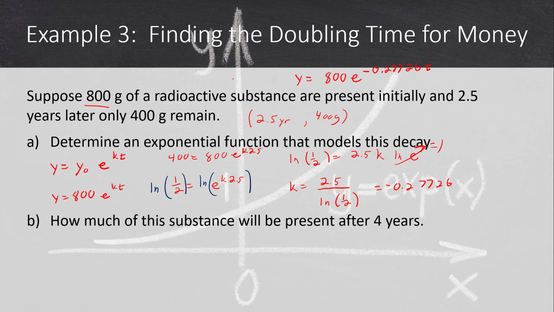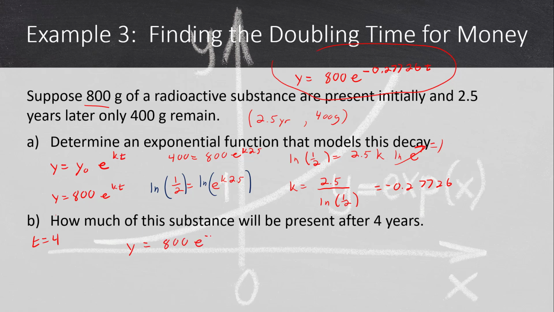Okay, so that is our model, and we can use this model for part B. Part B says, how much of the substance is present after 4 years? Well, that tells me that t is equal to 4. And then all we need to do is substitute 4 for t and see what y is. And then we will have y is equal to 800